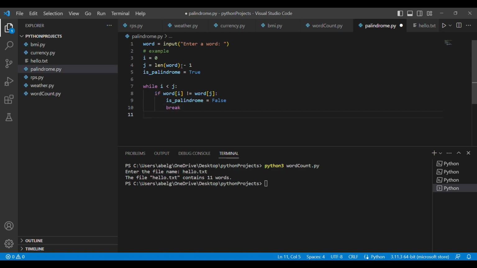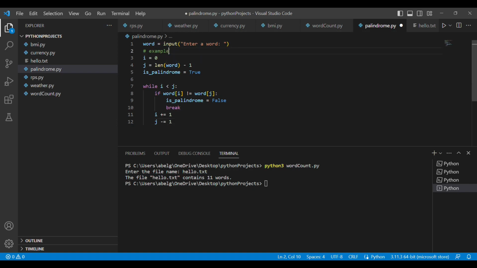And the final step in our loop is going to be incrementing and decrementing two variables. So first we need to increment I by 1. Since it's starting from 0, it's going to go through the word. And we're going to decrement j by 1. So we're going to use j minus equals 1. So let's see how this code would work. So again, let's go back to the example word. So here, what's going to happen, I is going to be 0 and j is going to be the length of the word -1.